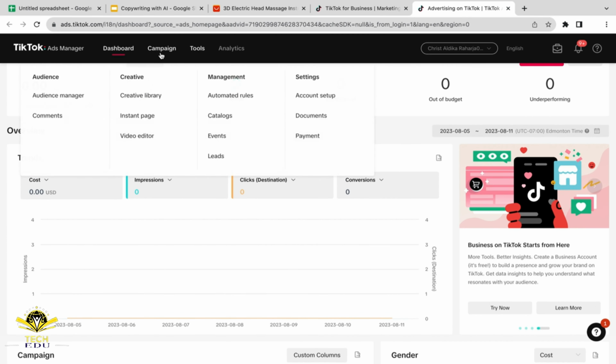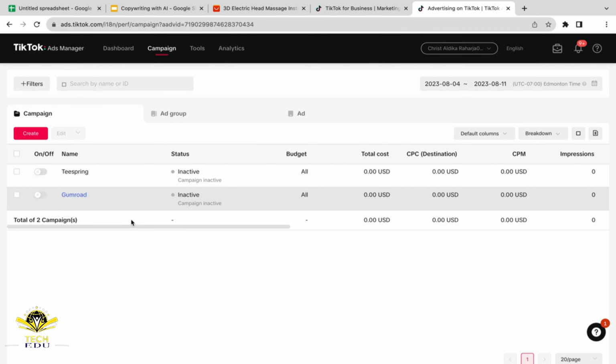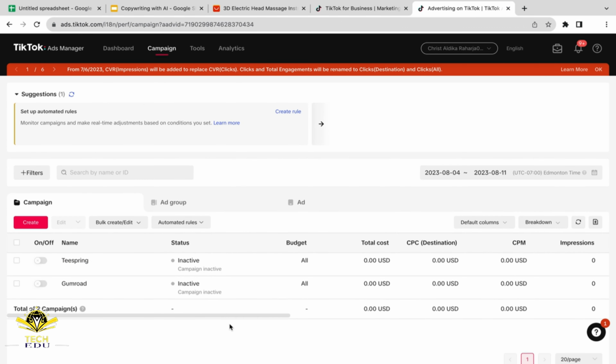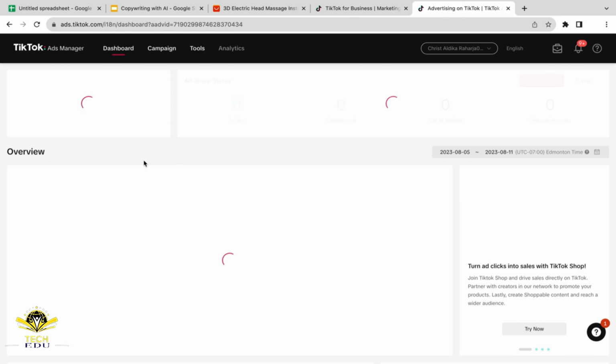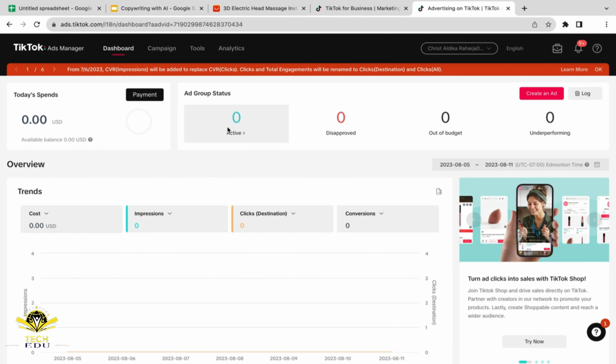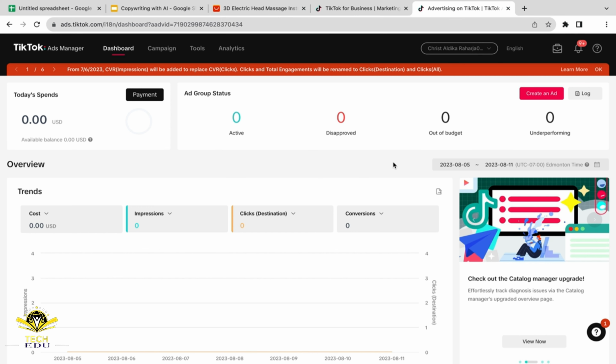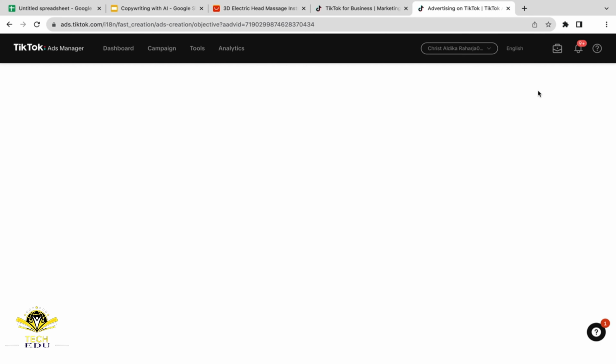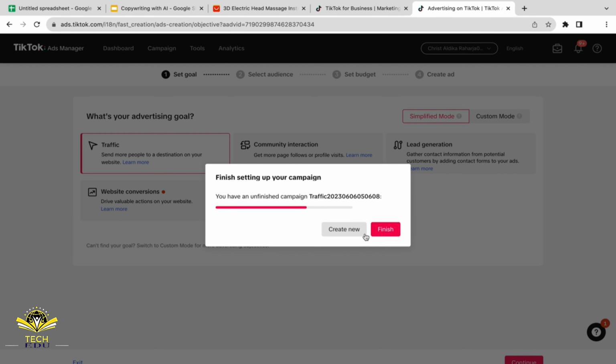So if you click on campaigns, you're going to be able to see like all campaigns that you've run in the past. If that's a brand new account, then obviously there is no campaign since you haven't run any ads. However, as you guys can see, I have run 2 ad campaigns previously, Teespring and Gumroad. So yeah, let's go back to dashboard, and I'm going to guide you step by step on how to create your ad campaign, guys. So just click on create an ad, just click on it, and it will take you to this page. All right,